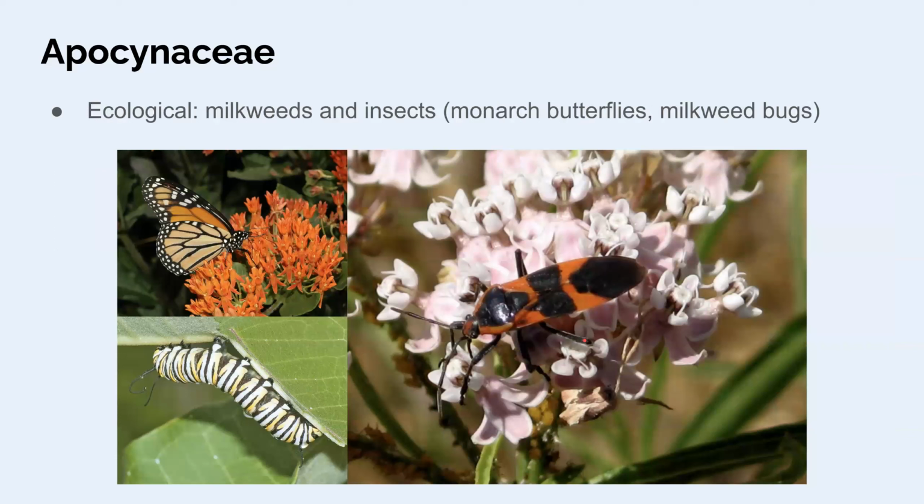Lots of interesting ecology with the milkweeds. These are a very successful group, a diverse group, and they get a lot of attention for their association with monarch butterflies. So monarch butterflies feed upon milkweeds. They can pollinate them. They can drink the nectar. The more important association of monarch butterflies is that they can lay their eggs on milkweeds, and their caterpillars,